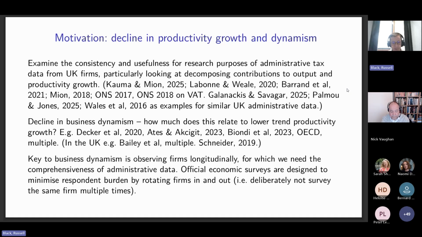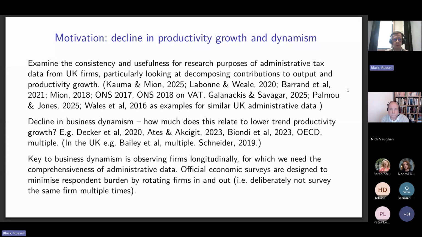It's now 2026. I think everyone is aware that our productivity growth in the UK is much lower than it used to be before the Great Financial Crisis, in common with more or less the rest of the world. And the UK's growth has been particularly sharp as a drop, so the UK is a useful case study in why productivity growth is dropping.